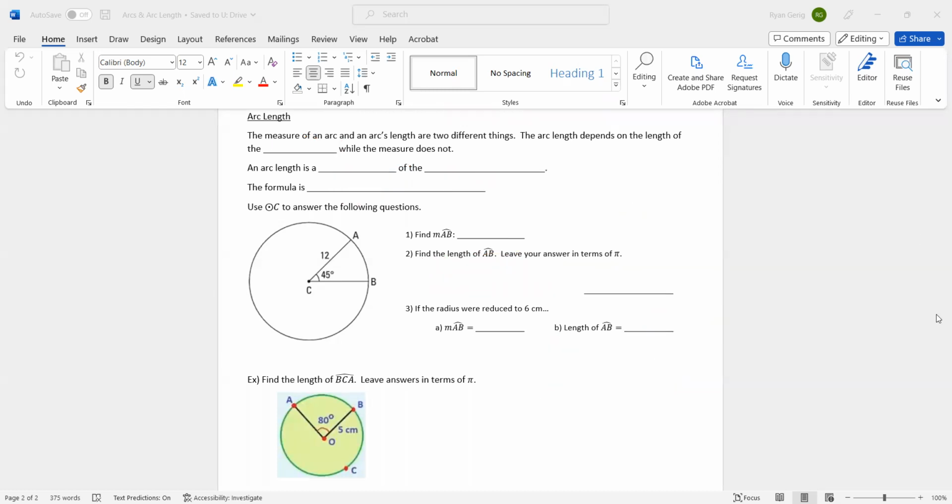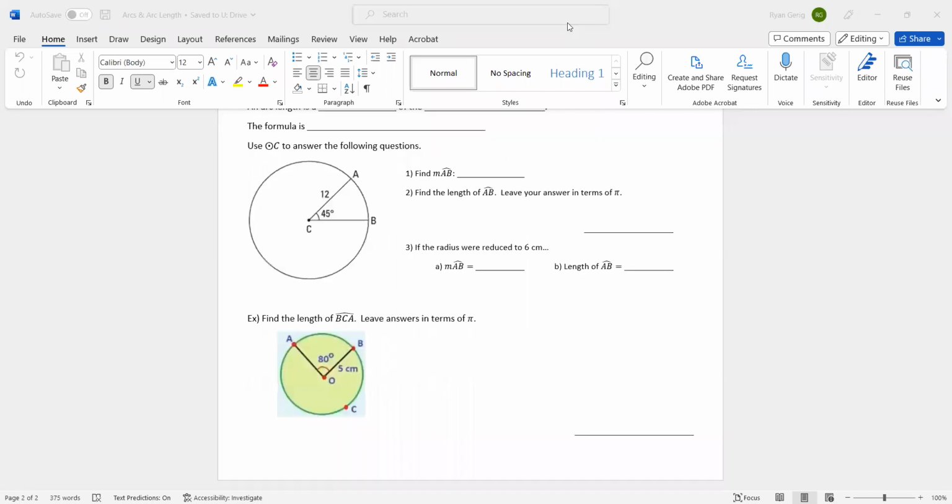One more problem. I know it's a long video. One more problem here and we'll be done. All right, a lot of you are going to jump in and say, oh, it's AB, so 80 over 360 times, and then do your circumference part. Look at what the question's asking. It says find the measure of arc BCA. So BCA. What's the measure of that arc? Well, it's a major arc. I only know the 80. I'm doing everything but the 80. So 360 minus 80 is